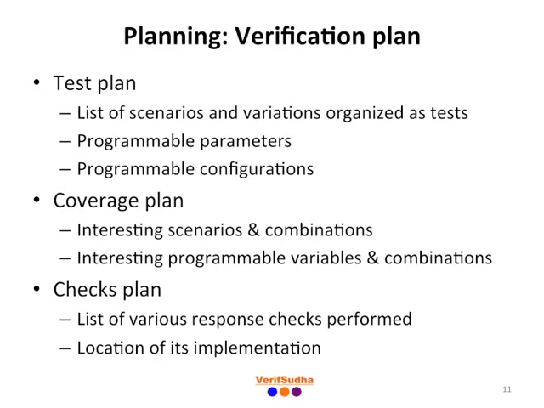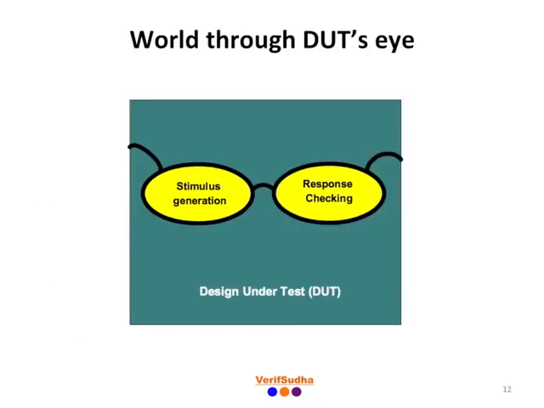With requirement specifications translated to verifiable descriptions in the form of three plans, we are now ready to move into test bench architecture. Test bench architecture should meet the requirements of all these three plans. First step towards building the test bench architecture is to model the application world surrounding the DUT. Application world can be really complex and we don't want to model everything.